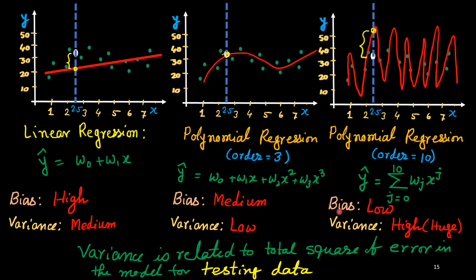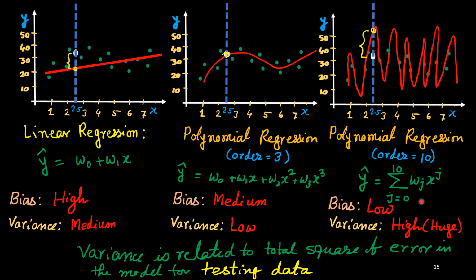So you see, we don't know what the optimal order for this polynomial should be, which will give good bias, meaning medium bias, and low variance. That is not known. So generally we will try to move toward the higher order polynomial. Okay, but you see,